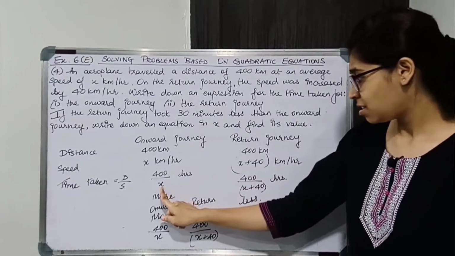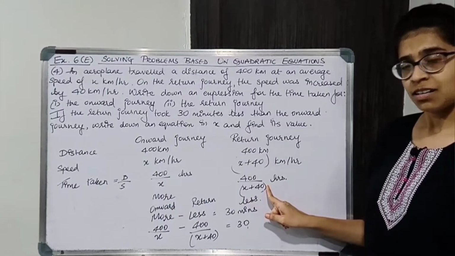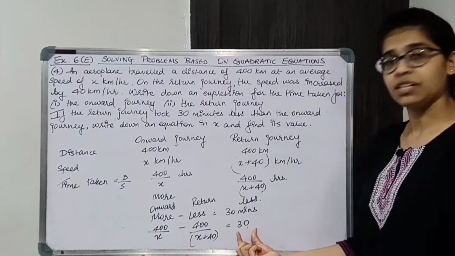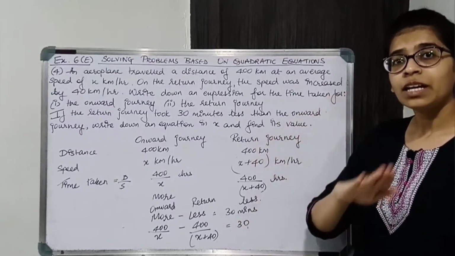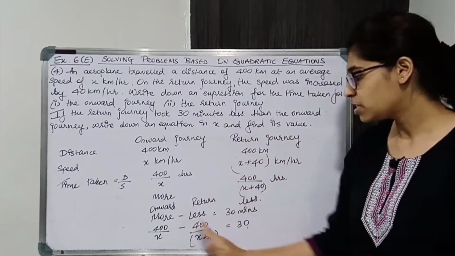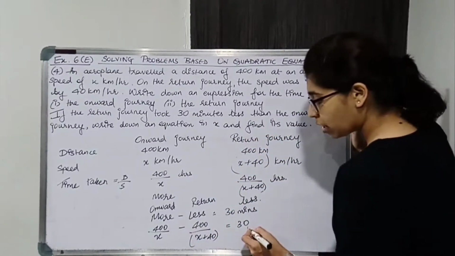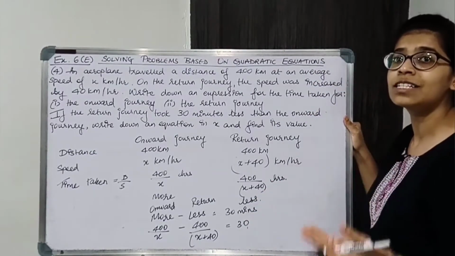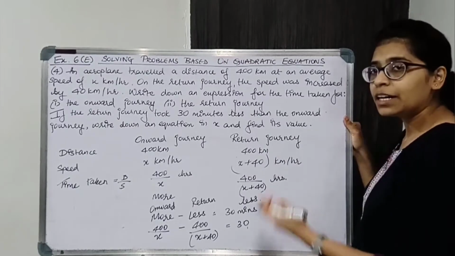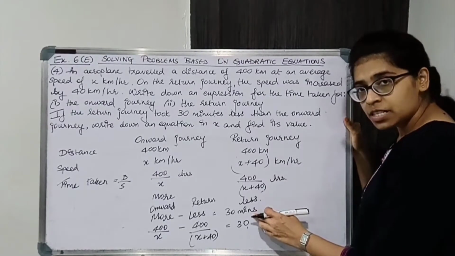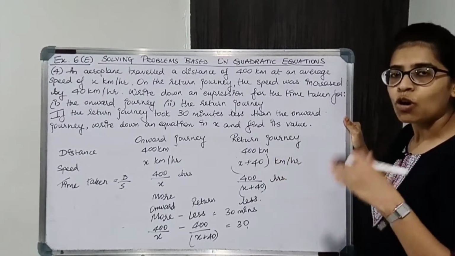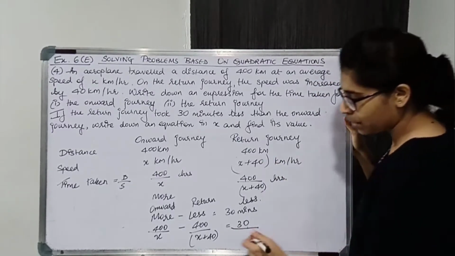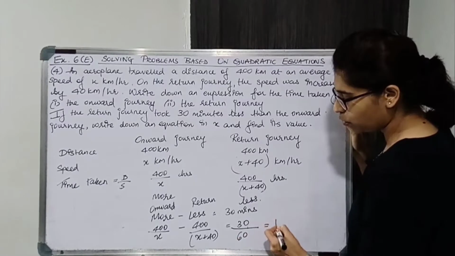This is in hours, this is in hours. So how can this be in minutes? This is also in hours, this is also in hours, this won't work in minutes. We need to make equal units. So convert this to hours. How many minutes make 1 hour? 60 minutes. We'll multiply or divide? Minutes is smaller, hours is bigger. So smaller to bigger, divide. Bigger to smaller, you multiply. So divide by 60. So that will give you half.